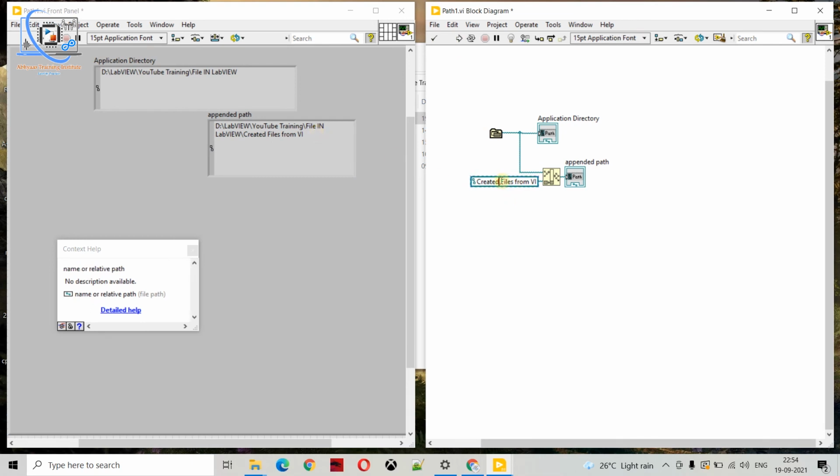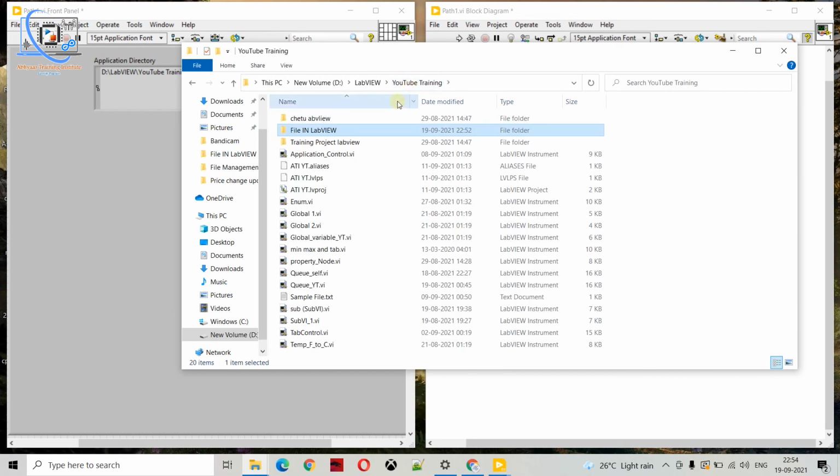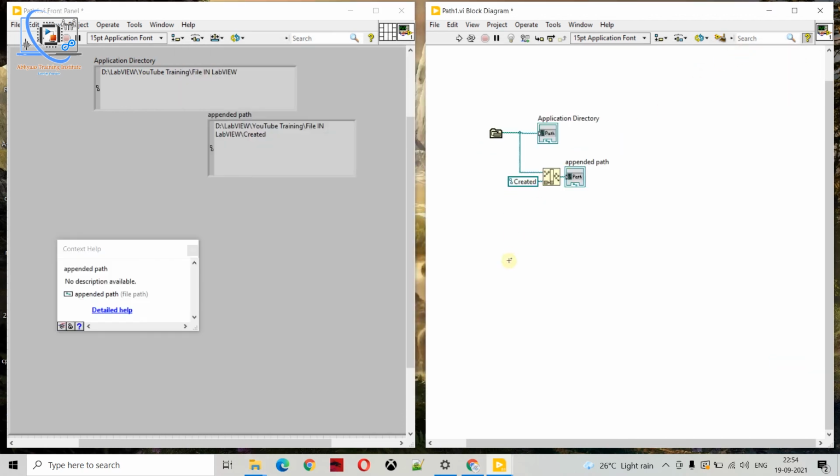But what will happen if I give a name that currently does not exist in our directory? What will the output be in that case? You can see it is returning the path like that. But if you go there and refresh, that path is not there currently, right? But when we save a text file or any CSV file, that new folder and new file will be created. Everything works like that. For now I will just do Control F, and now we are inside this folder.